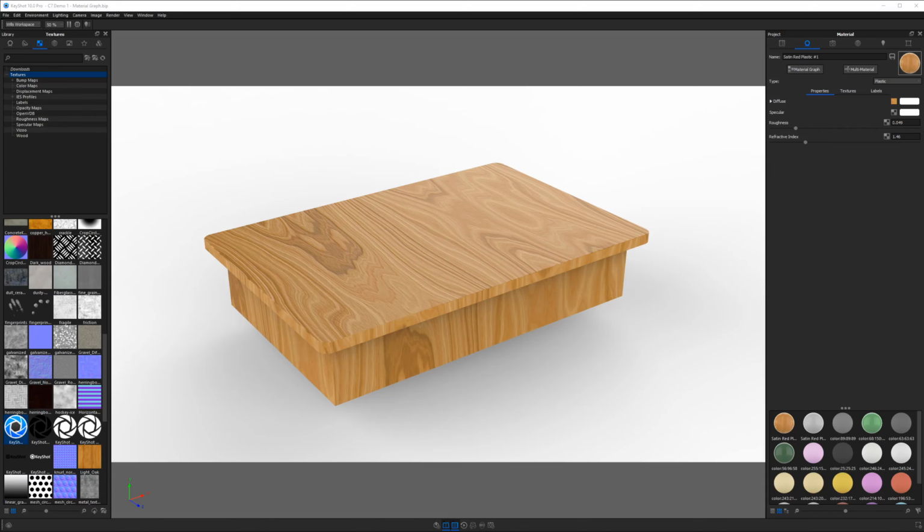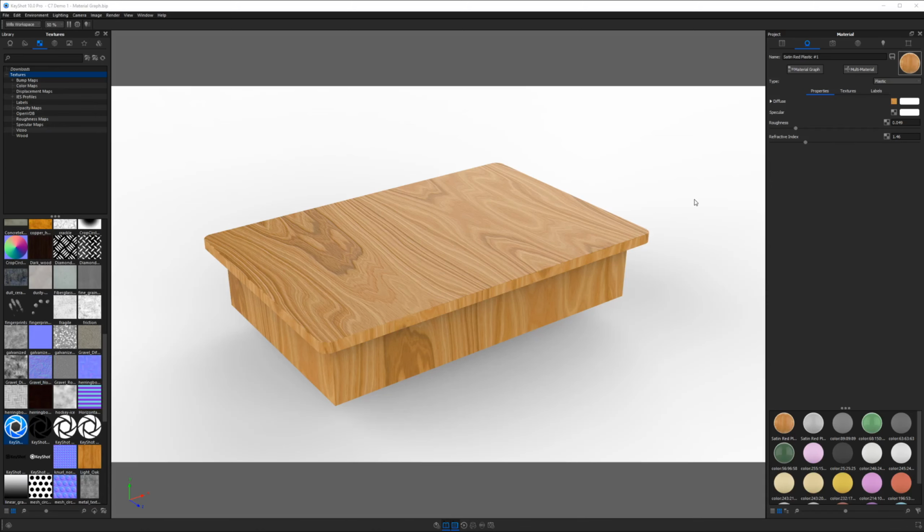All right, let's take a look at building materials using Keyshot's material graph. Now, the material graph can be intimidating to someone who hasn't used it before because it's what's called a node-based workflow. However, node-based workflows are really efficient and they're good for saving a lot of time. And if you're anything like me, being more of a visual learner, a node-based workspace is actually easier to learn,